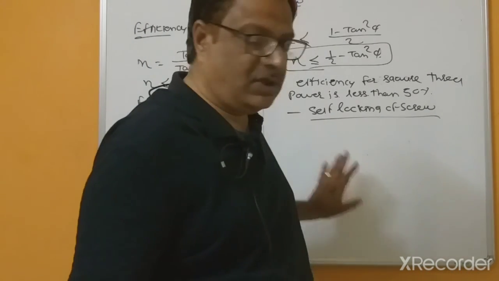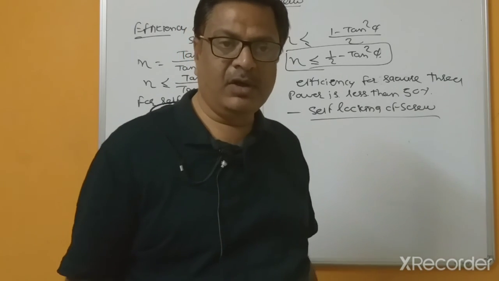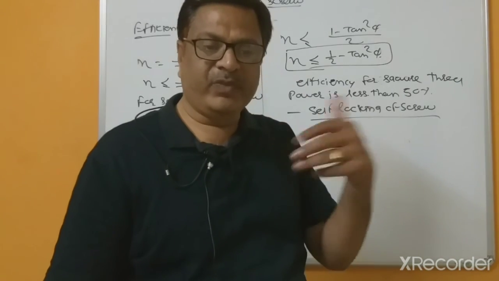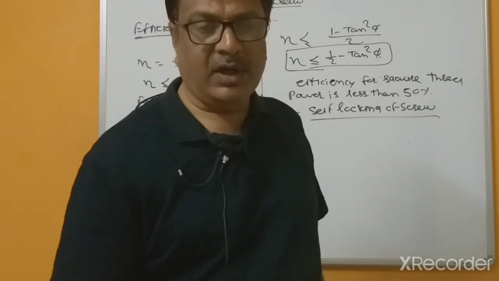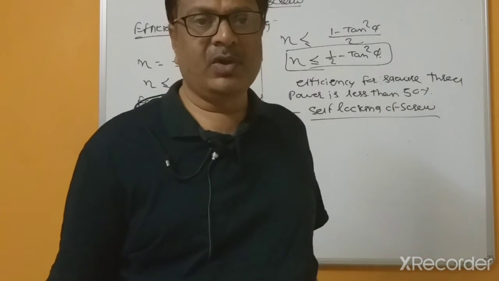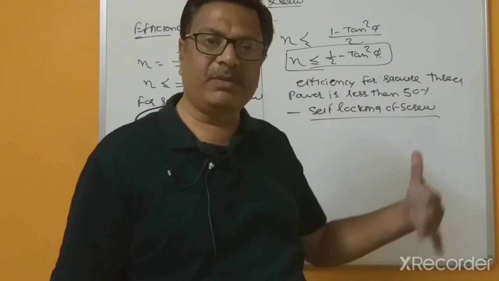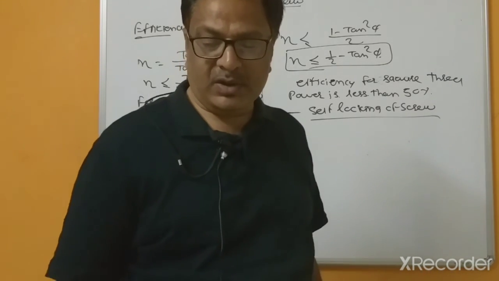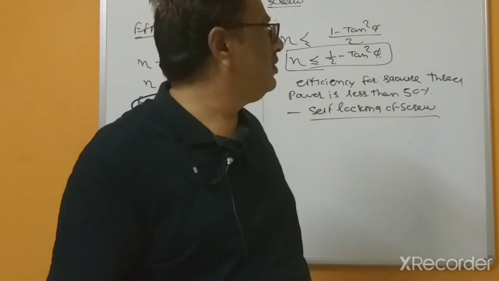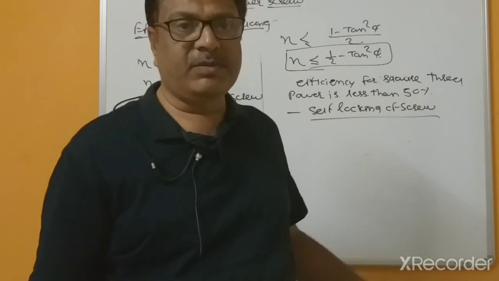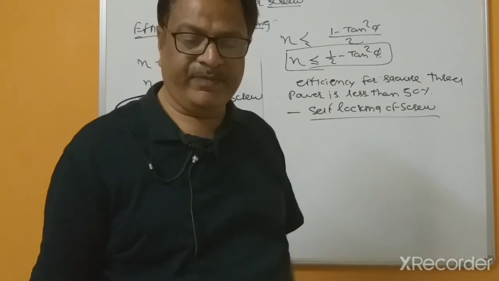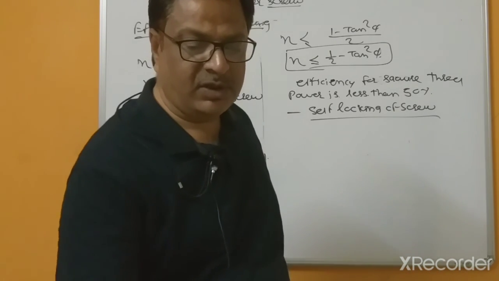So I think today's lecture up to this is sufficient. Some of the theoretical parts related to the power screw we can see in the next class, and after that we can solve some designs of the screw jack or power screw, or design of the C clamp etc. We will spend another 3-4 lectures on the design of the power screw topics. After that we can start the 6th unit, the design of springs.